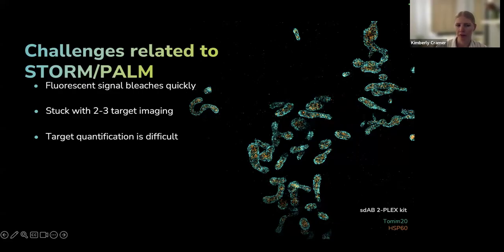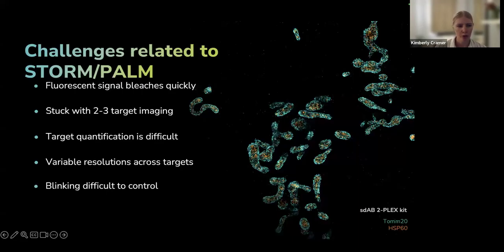Target quantification is difficult because you need to fully characterize the blinking behavior of each of the molecules you're using. And this blinking inherently creates difficult quantification, so typically relative numbers are used. Additionally, you can get variable resolutions across targets because you're imaging with different laser lines. So in most techniques, you would have the highest resolution in the 641 area, whereas if you're imaging multiple targets in STORM and PALM, you might have stronger resolution with 1 target and lower resolution with another, which could create